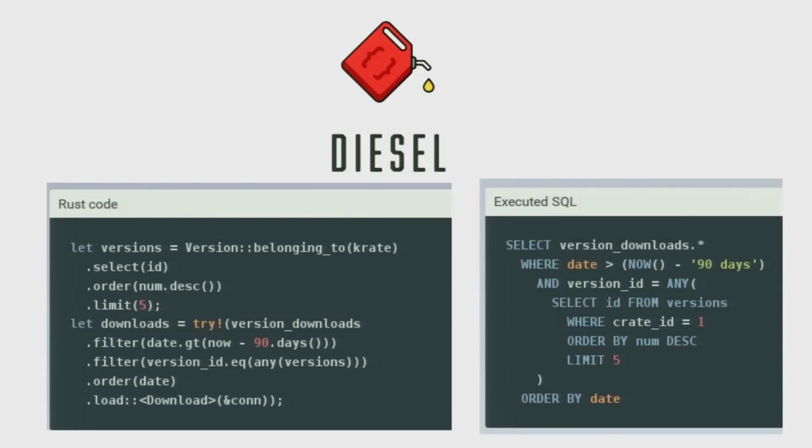But the thing that I think is really cool, that again I'm going to leave totally unsubstantiated because this is not a talk about Diesel, is that this Rust code is actually faster than if you typed that literal SQL into a string and sent it to the database driver. In general, Sean believes, and has some benchmarks that demonstrate this so far, that using Rust to access Postgres will be significantly faster than using C to access Postgres. And there are a number of reasons why that is true.